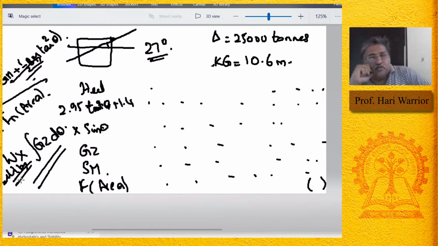Okay. So I'll stop here, I think. And next we have a little bit of trim. So possibly I'll need Monday and half of Tuesday for trim, and the next week we'll have flooding, and with that this is over. Flooding is probably just 1 or 2 classes. So with that we'll be finished.